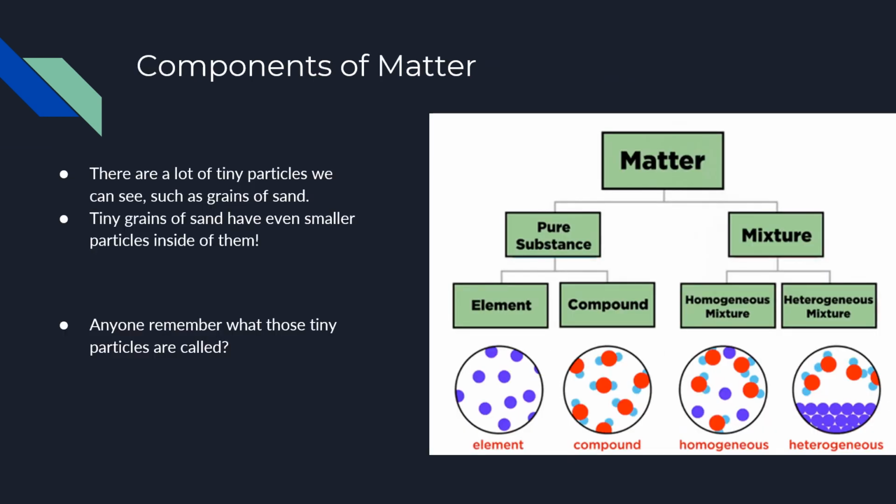All right, components of matter. So there are a lot of tiny particles we can see, such as grains of sand. Tiny grains of sand, however, have even smaller particles inside of them. Does anyone remember what those tiny particles are called? So here in our